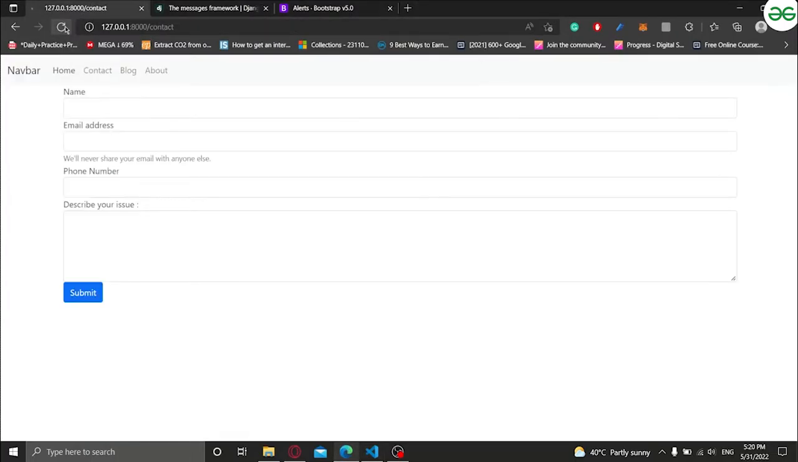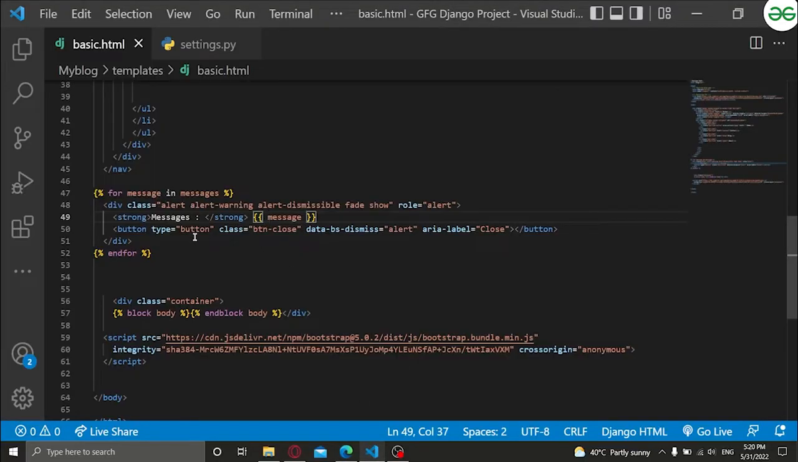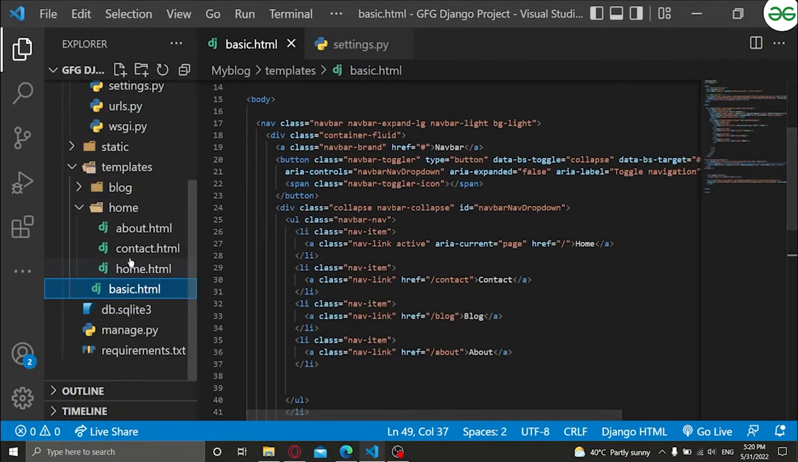And if we reload the page, you can see right now it's not visible at all. Because what we have done here is we have created a function, and whenever we call that function, only at that particular time will this alert be called. So for that,